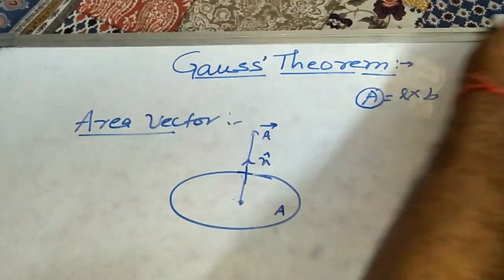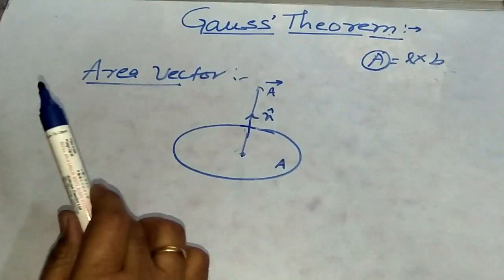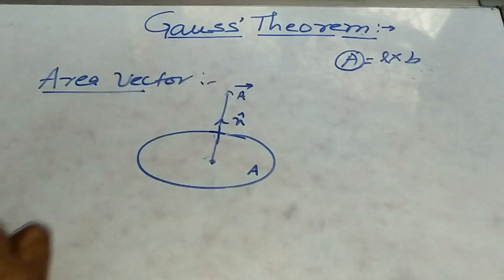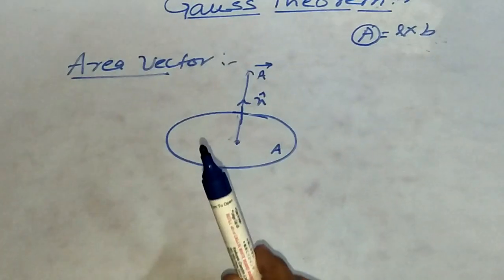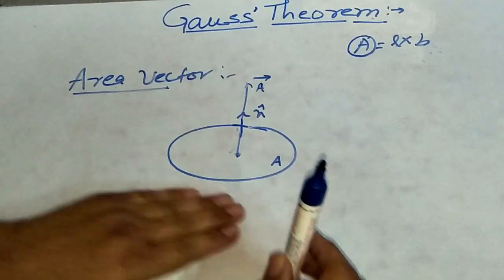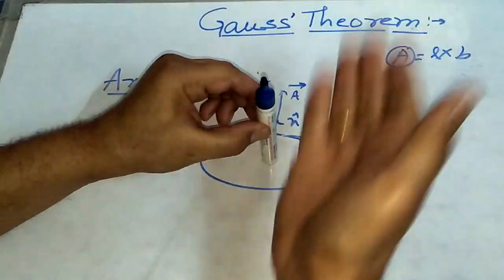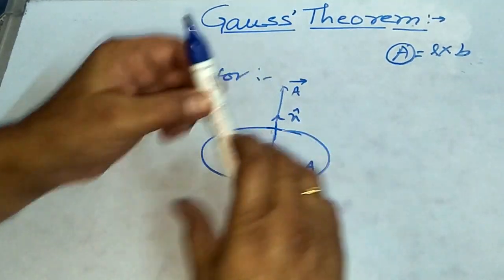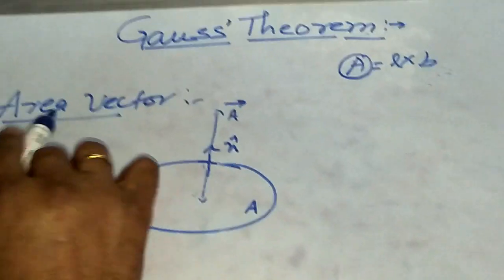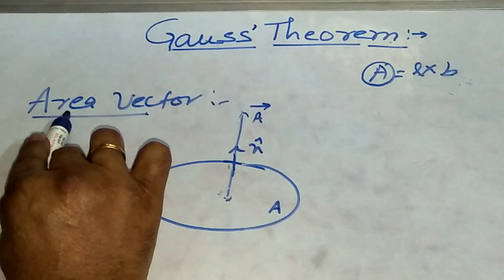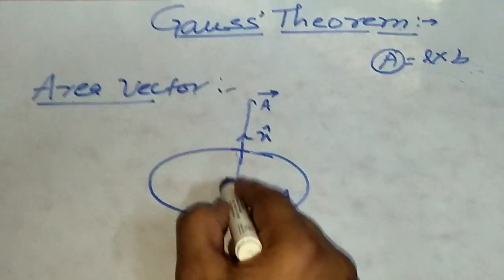Suppose we consider this whiteboard as the area, then its magnitude is length into breadth, but the direction of this area vector is perpendicular to this area, like this one, perpendicular to this area and directed outward, not inward. So this will give the direction of the area vector. Ready. So dear students, here we consider area is a vector quantity which has both magnitude as well as direction,